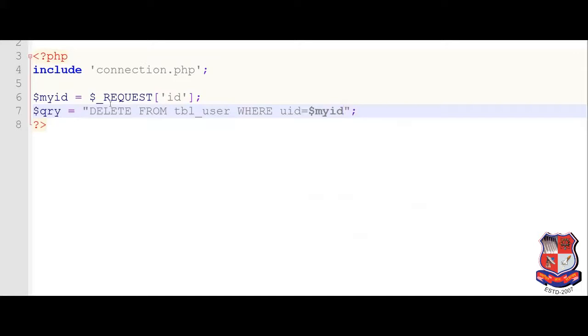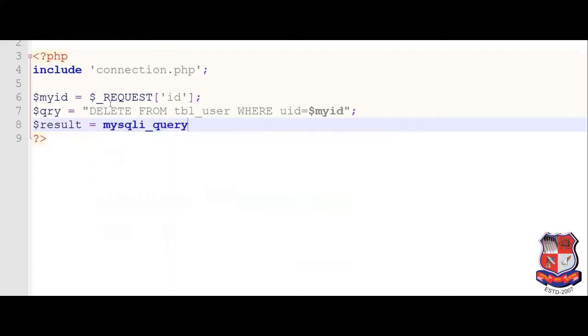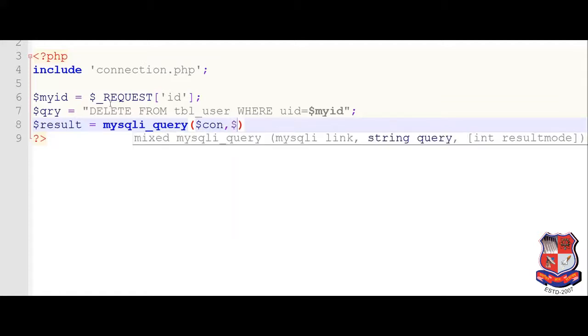This one is the integer, so there is no need to write inside the single quote. So $result. Let's run this query. So mysqli underscore query, connection variable, so $connection comma $query.